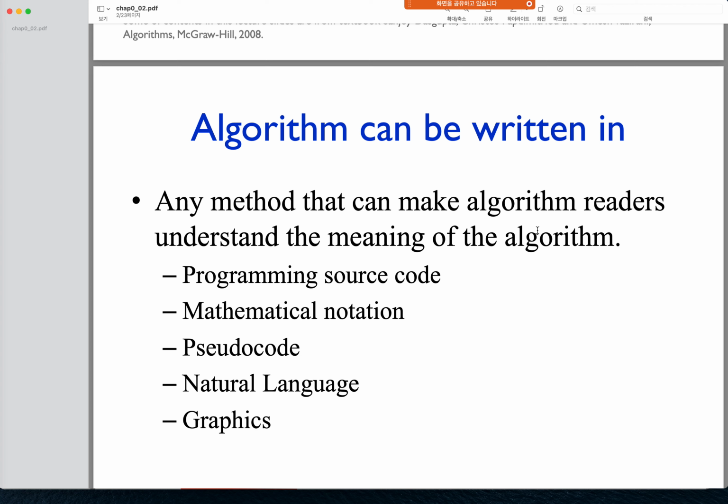Also, the main focus of algorithm is usually about programming things, software engineering, coding. So programming source code can be algorithm itself. You can write down algorithm with programming source code, or you can write down algorithm using some kind of